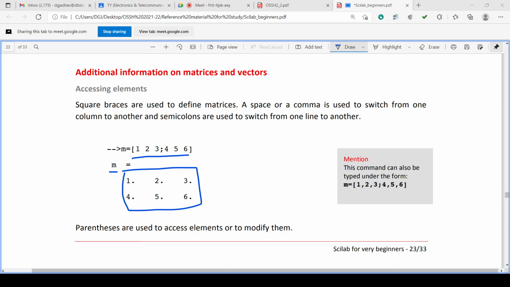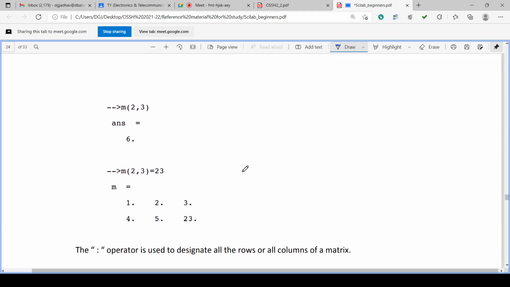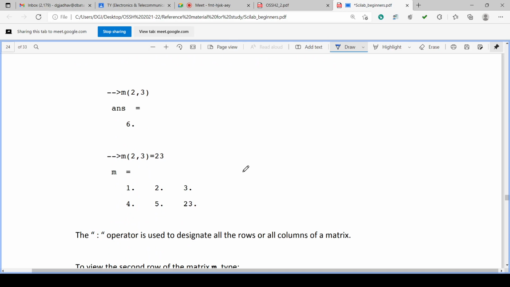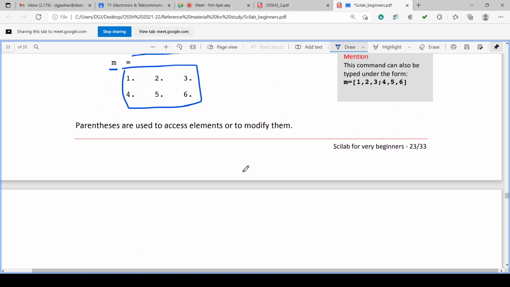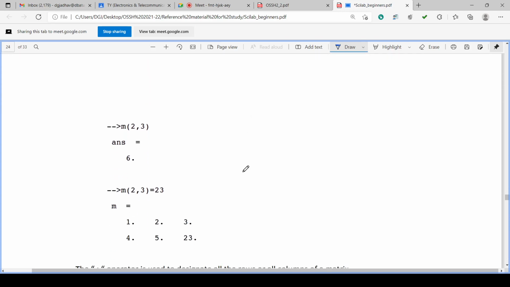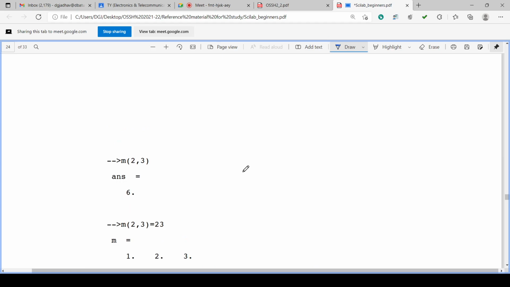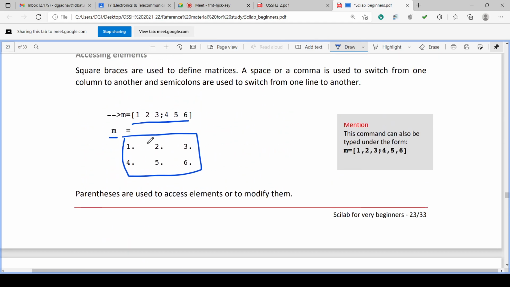If you want to check only one row or one column, okay. Then this is m. What is m? M is defined like this.